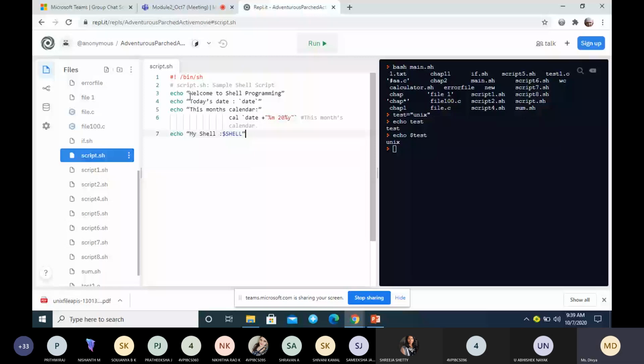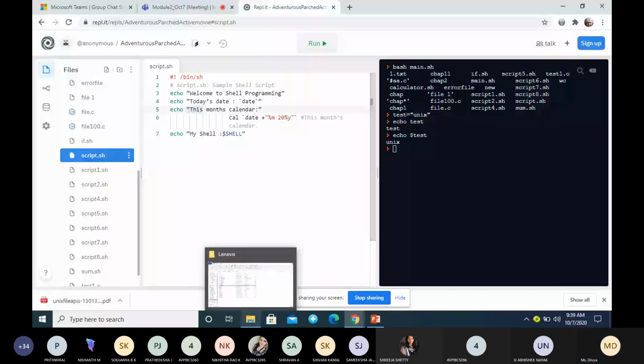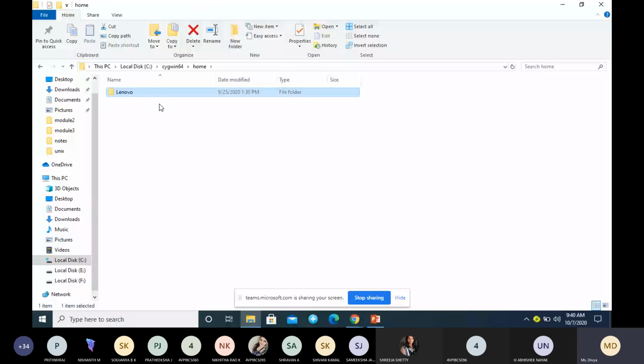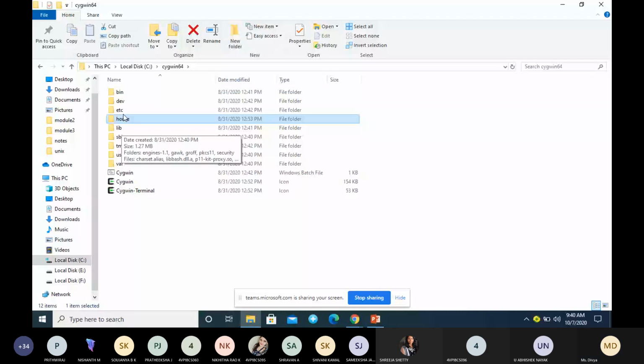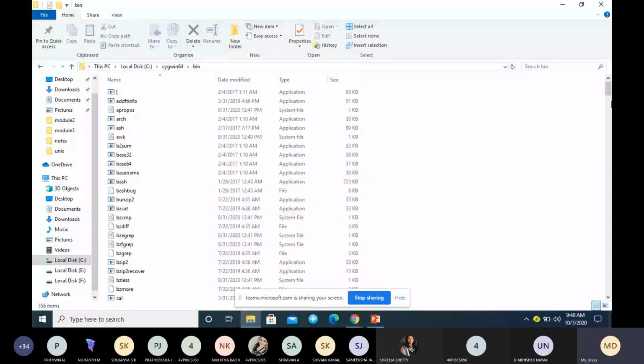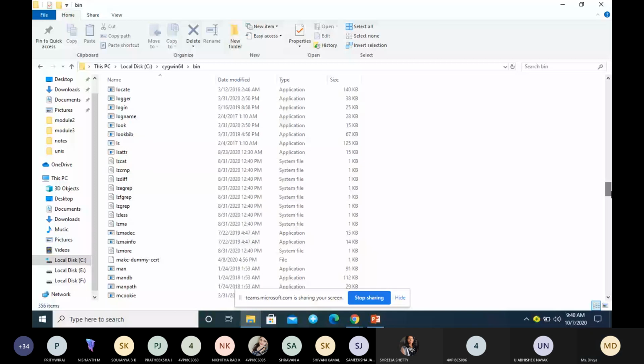It is an instruction telling the shell that I am using to search this path to execute the commands. The shell needs to search this path, where we have the files to execute the commands. You can see that path, bin. Inside bin you can find so many files required for executing the program.